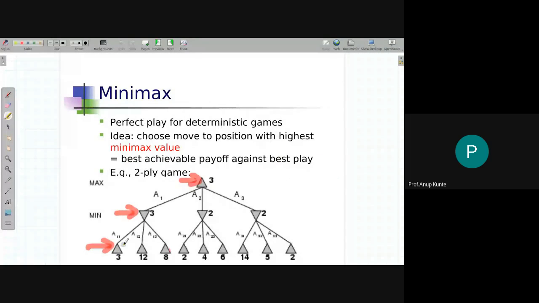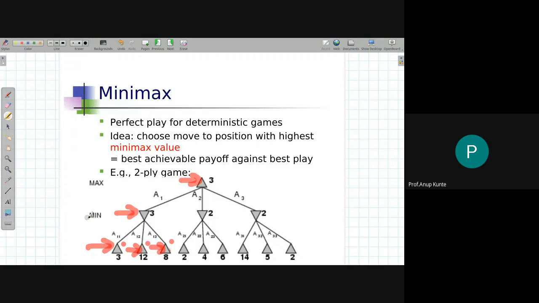I have the minimax value of this node as 3. Now this particular node has another child node, which is this. So I will calculate the minimax value of this node, again a terminal node. I got the minimax value, which is 12. Then I compute the minimax value of this node, which is a terminal node. So utility value 8 is its minimax value. So these nodes have respectively 3, 12, 8 as their minimax values.